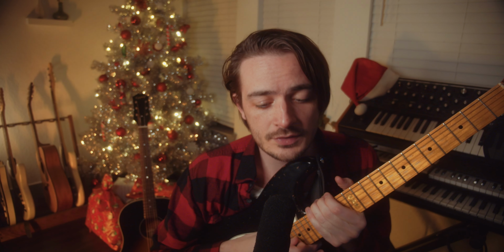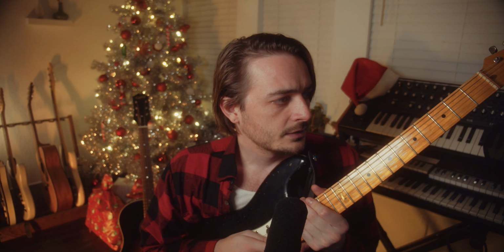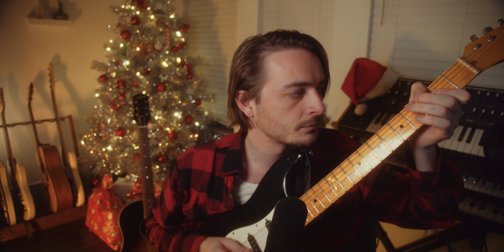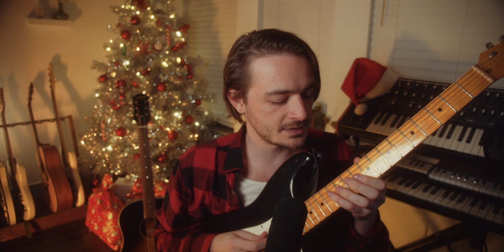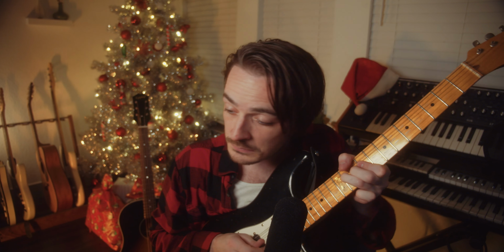So the solo is just pentatonic E major. Real simple stuff. With the Decapitator, it sounds great. So if you've got your blues thing, and you're doing your minor pentatonic thing, move that down 3 frets. 1, 2, 3, right? And then E becomes E major. Fun stuff. So in this case, it's something like...